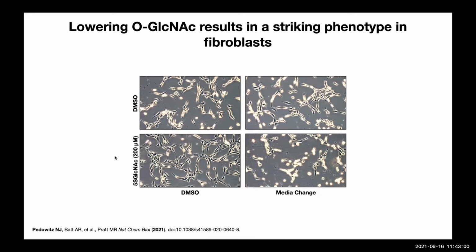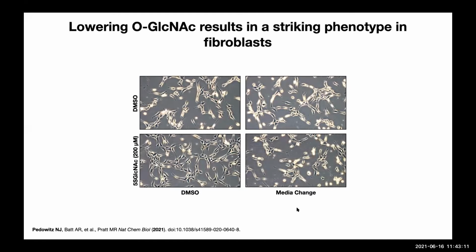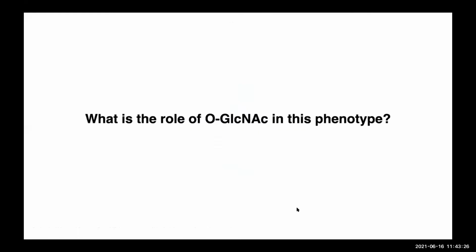And as you can see, over the course of this video, the cells that were treated with 5S-GlcNAc and then submitted to a routine media change, so literally just replenishing the media on the cell culture plates, undergo this rapid phenotype over the course of this 10-minute video. So they go from lying flat on the plate, looking like fibroblasts, to completely balled up and glowy, which was sort of a surprise to us and led us to the question that I'm going to answer today, which